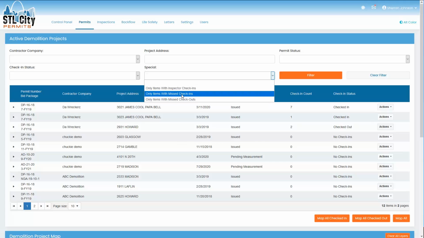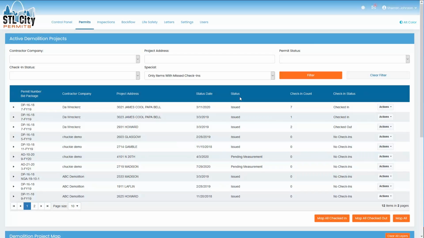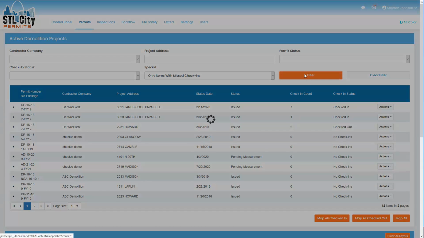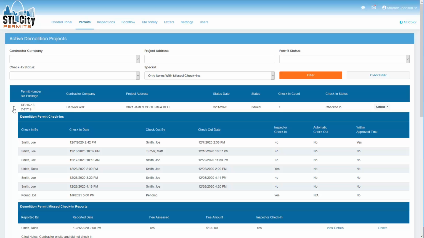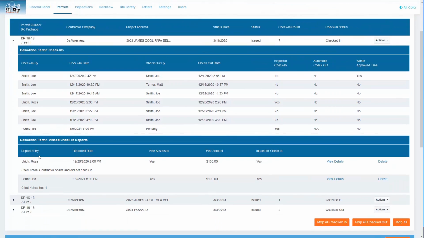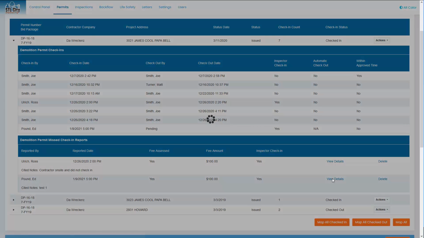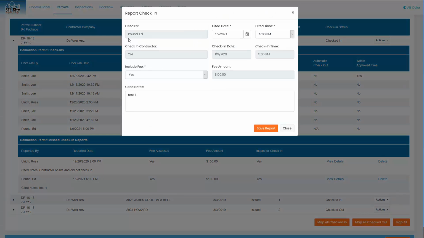So let's filter for missed check-ins, meaning we're going to get both contractors signed in or not. And then we can expand. These are items where the inspector has checked in for the contractor. And we can expand these. And you can scroll down to the missed check-in report section. You can see the inspector who cited it, their notes, and whether or not they indicated that $100 should be deducted from their project. To click on View Details, we'll open up the pop-up, and we can see here that